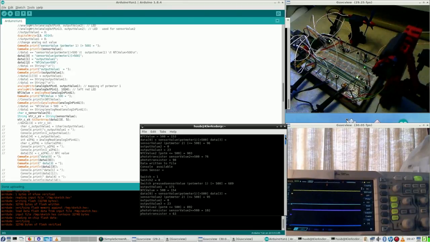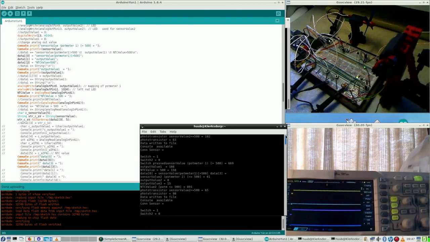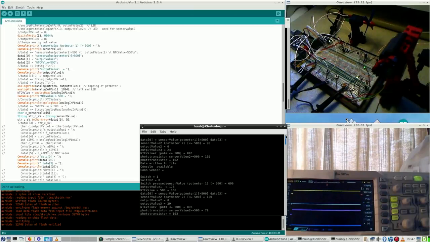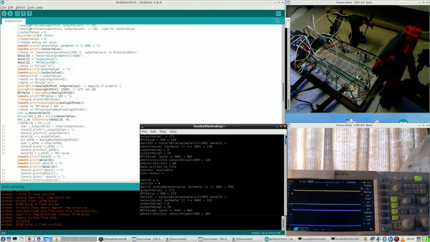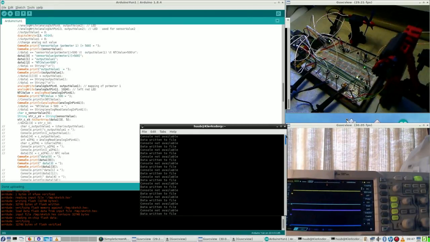Wait, sensor value. Where do I see sensor value? Yeah, behind it, of course.